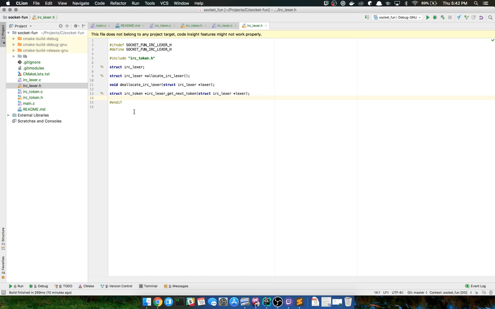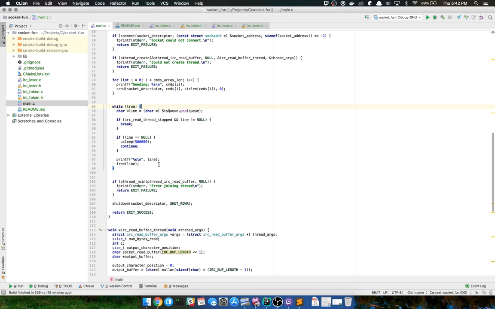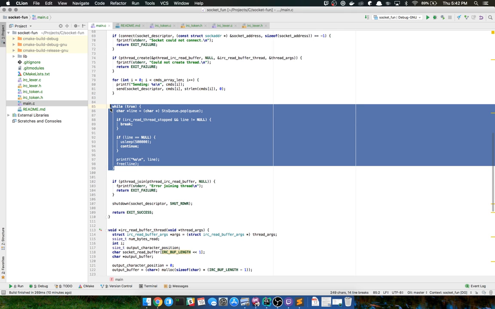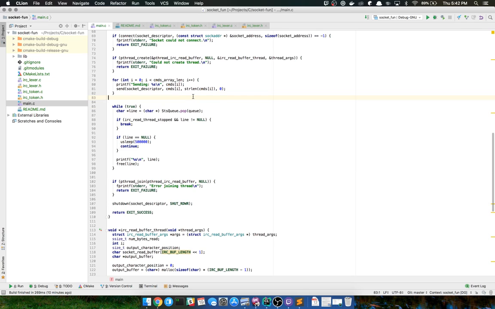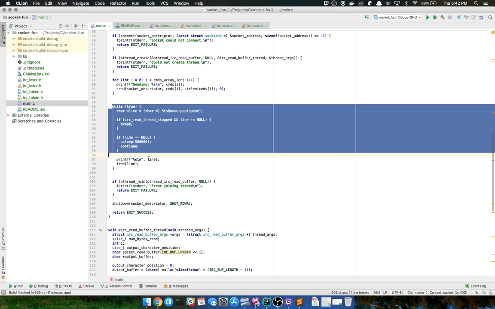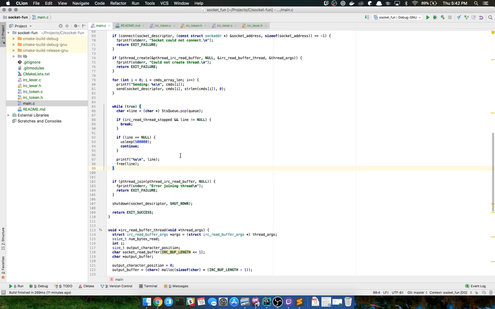Since I have all that taken care of by this thread here with this buffer, I don't need to do that per se. I'm also not validating anything at the moment, but I should assume that whatever server I'm connected to adheres to the spec as the protocol dictates. So I think we might be okay a little bit.